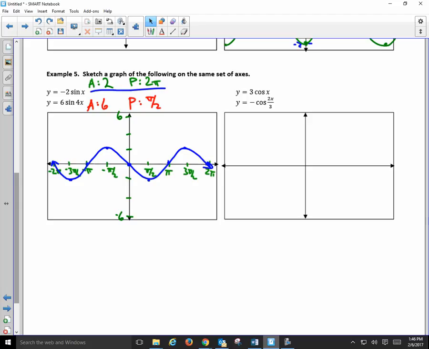I mean, if the period is pi over 2, that means within this pi over 2, it's got to complete a full cycle, right? And it goes up to 6. So I'm not going to be super exact, but this would be divided up into 4 parts. So it would go up there, then it would come back down, and it would go to the bottom, and it would come back up. You just continue to go about that. So my graph might look something like